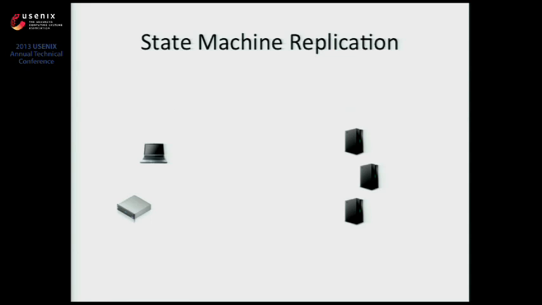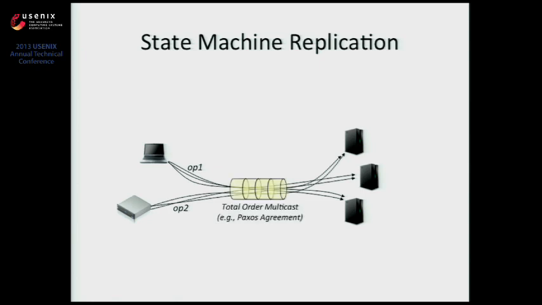Just to remember what state machine replication is, what a Paxos-based replication is. The basic idea is that you have a bunch of servers and some clients, and maybe many more clients. These clients send requests to these servers, and then these servers run a kind of protocol, which in an abstract way is a total order multicast, but it's basically what implements the Paxos-based agreement. This protocol ensures that if one server executes a sequence of operations, all the other servers will execute the same sequence of operations. And then, after executing these requests, they send a reply to the clients.